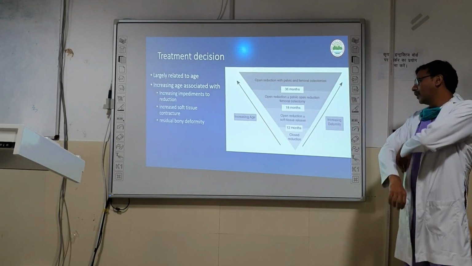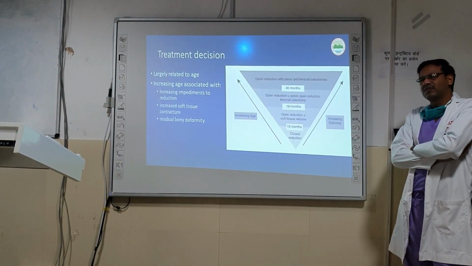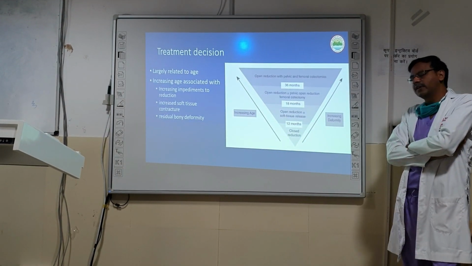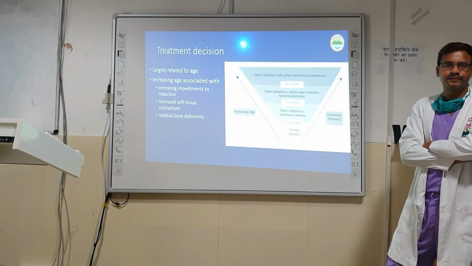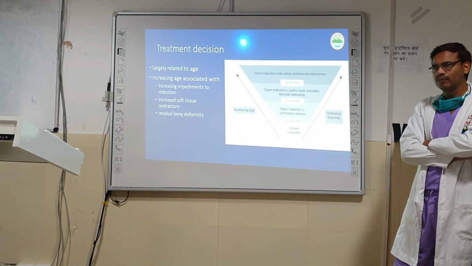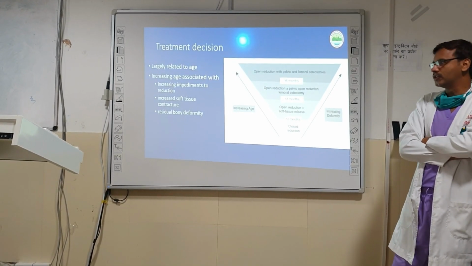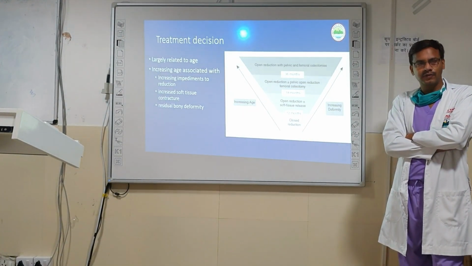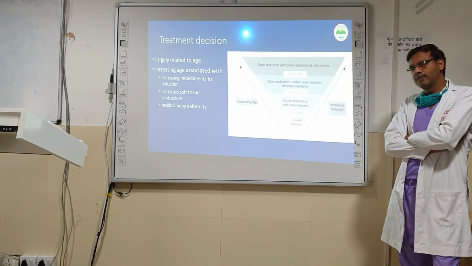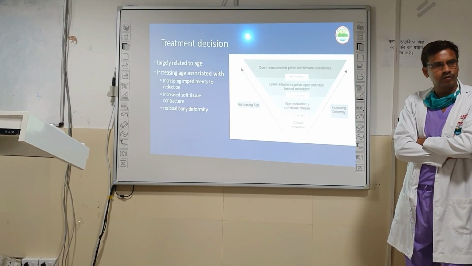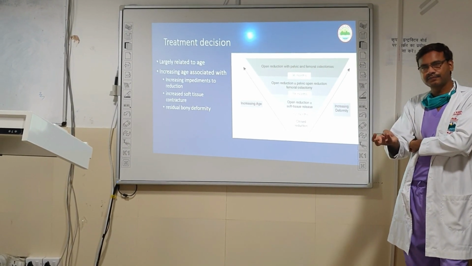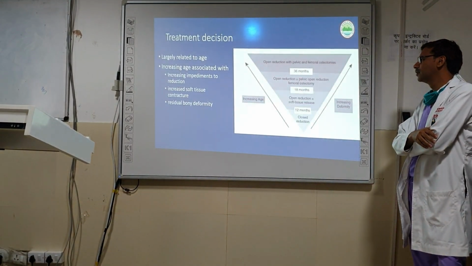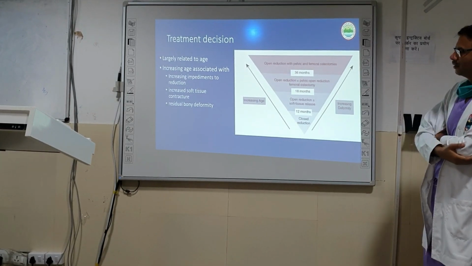So up to 1.5 years of age, or maybe say 2 years of age, you can just get away only by open reduction plus soft tissue release. You may not need any femoral or acetabular procedure. While after 2 years, you will require one of these, maybe both of these. And if the child is more than 3 years of age, of course you will require open reduction, femoral procedure plus acetabular procedure. All three will be required. Okay. Next.